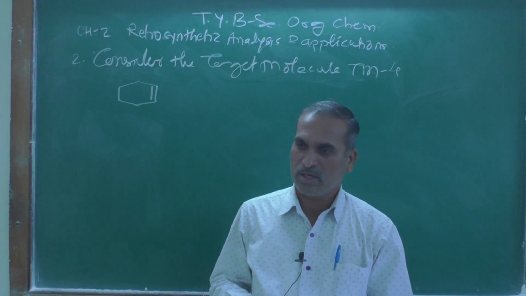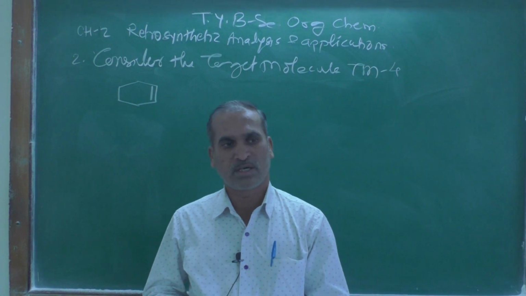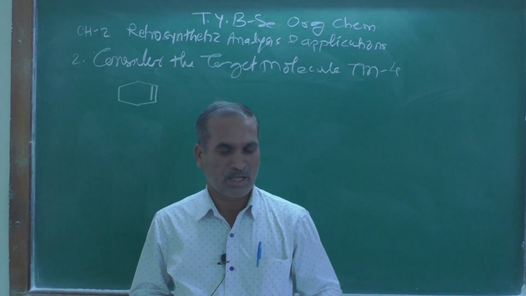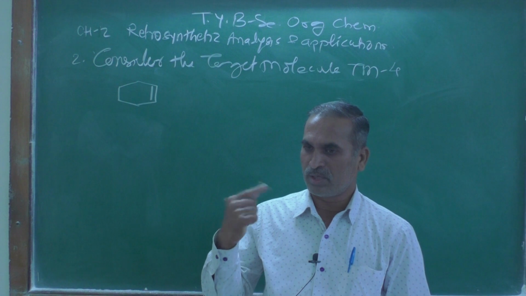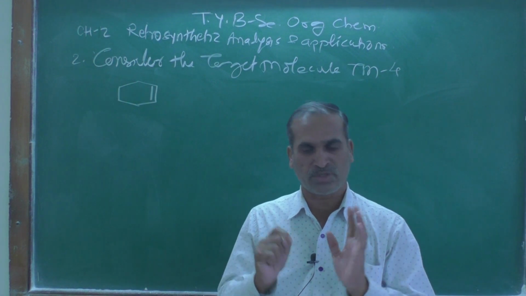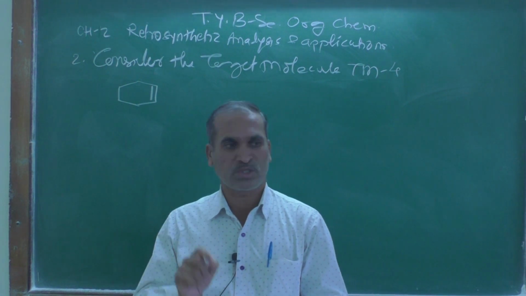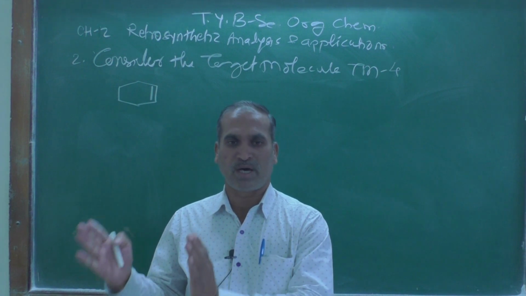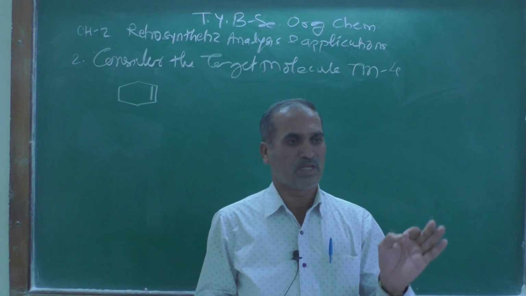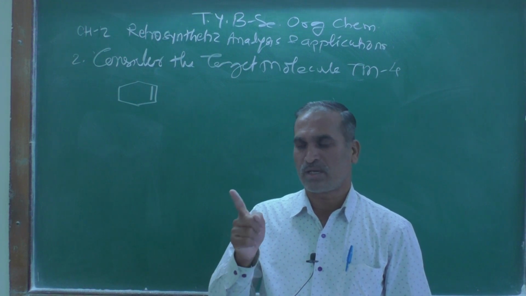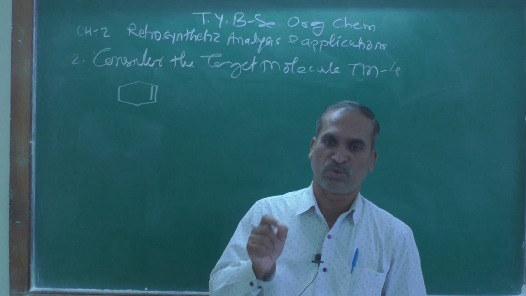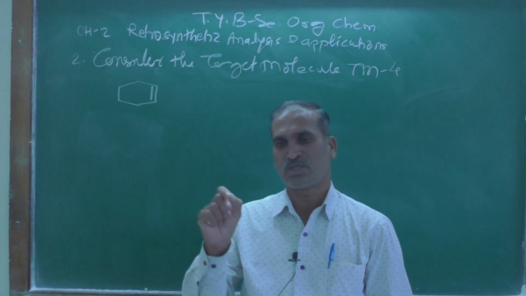What do you mean by retrosynthetic analysis? According to the definition, let me recall that definition again. The process of breaking down the target molecule into convenient starting material by using disconnection and functional group interconversion is called